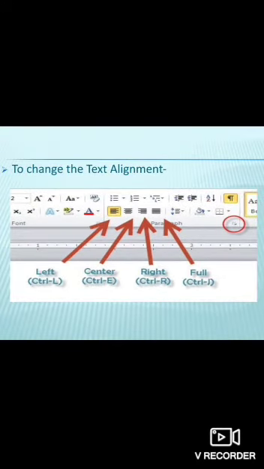Align text left will align all the selected text to the left margin, whereas align text right will align all the selected text to the right margin. The center text will keep the text at an equal distance from the left and right margin. And the justified text is equal on both sides and lines up equally to the right and left margin. Many newspapers and magazines use full justification.